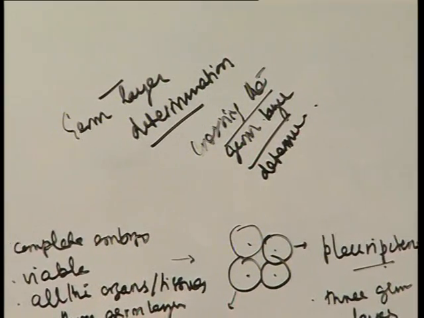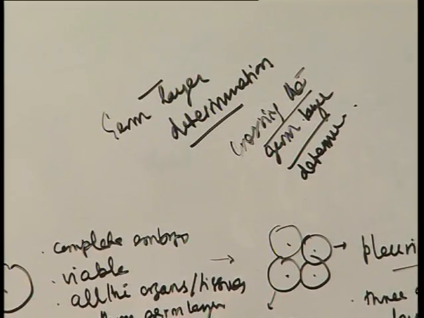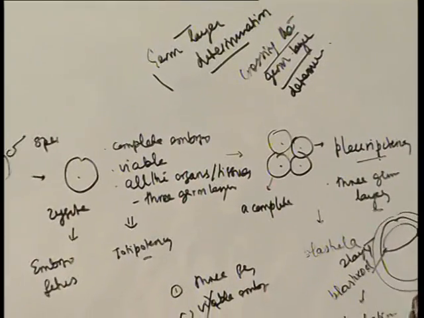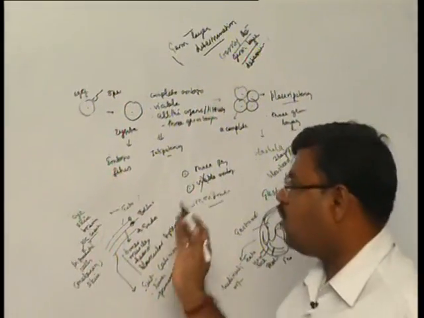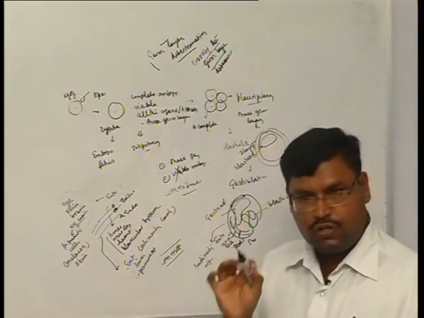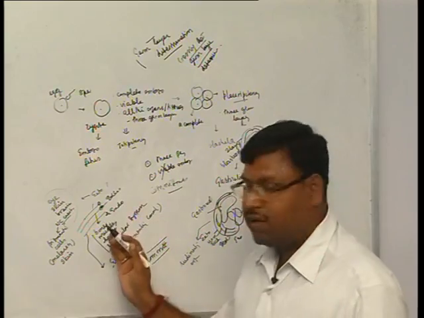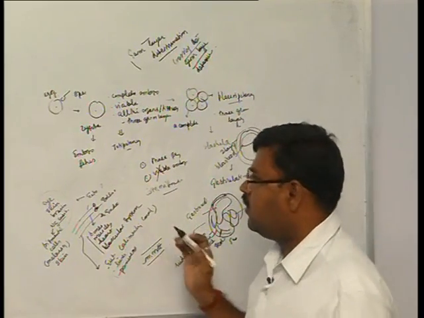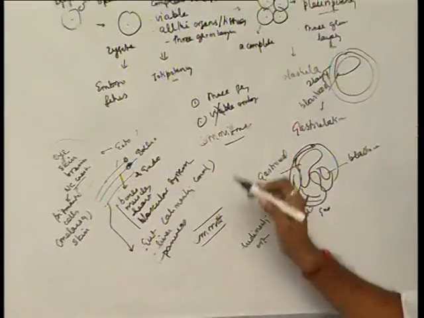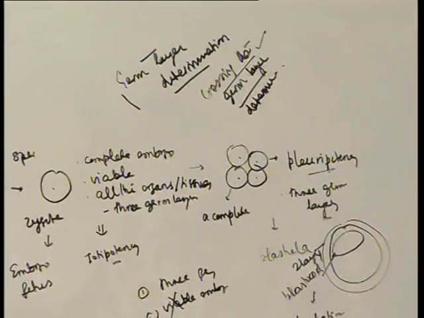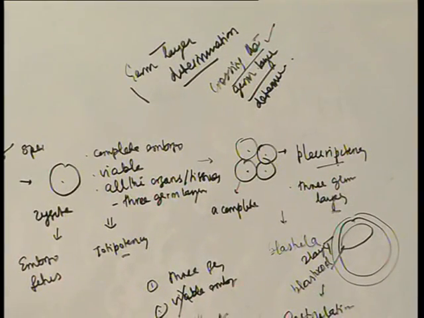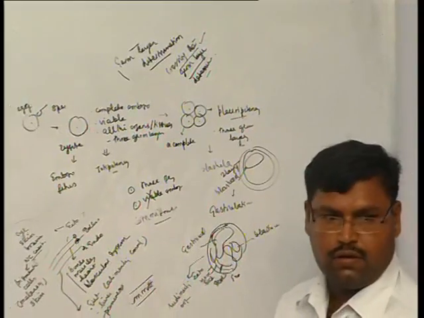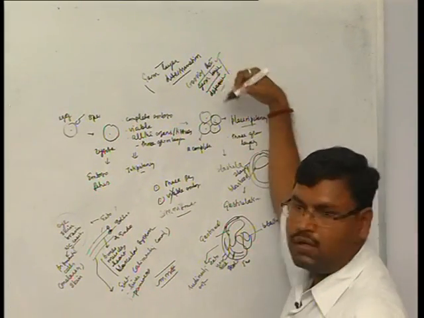Meaning a cell is crossing the germ layer determination that it has already set in. So every cell present in the ectoderm, endoderm and mesoderm, though it actually wants to become skin or something else, if you give proper conditions, can form any other type of organ of the germ layers. So this is what we call crossing the germ layer determination. Every stem cell can form these types of organs. You have to learn this.